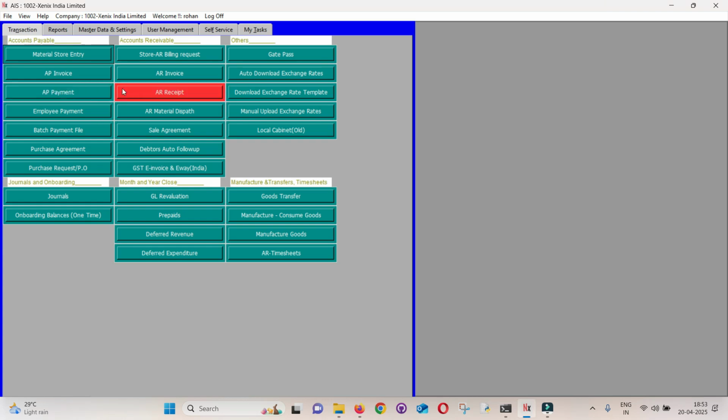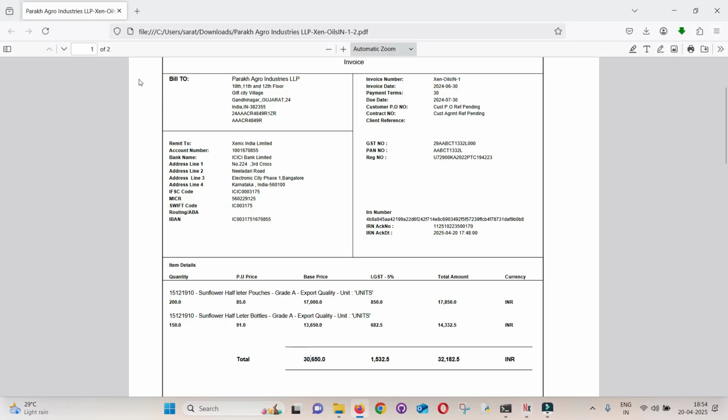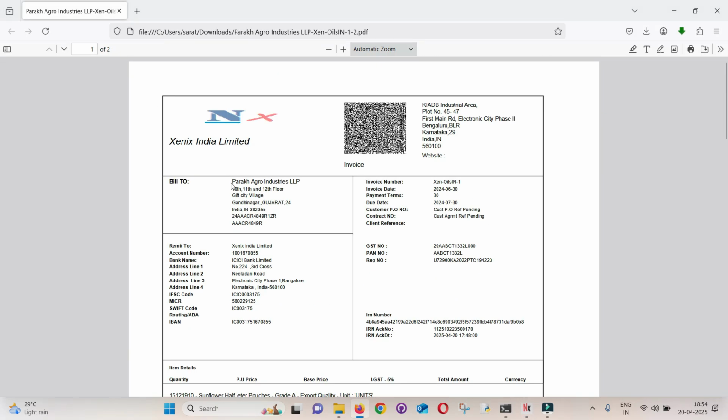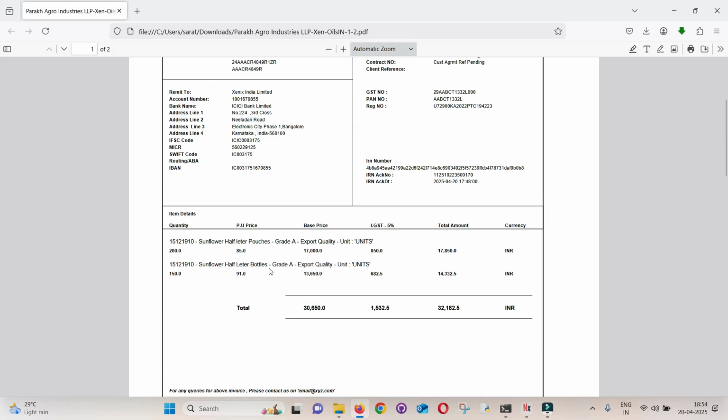Hi. In an earlier video, we have seen how to raise an AR invoice, that is a customer invoice, and this is the invoice that we have raised. Our customer was Parag Agro Industries LLP, and we have raised an invoice for these two products, that is sunflower half liter pouches and sunflower half liter bottles. So the invoice value of 30,650 plus there were taxes, sales taxes, which is IGST in this case,